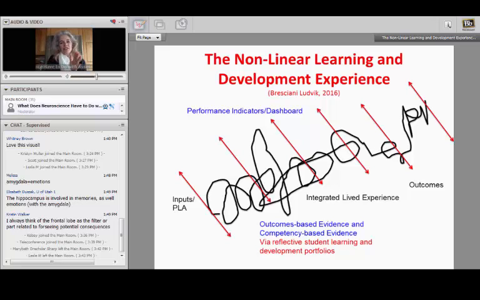So the idea of this is to put a framework, and I'm welcoming your questions and comments and ideas very soon. Basically the idea is to put a framework that learning and development are inextricably intertwined. We likely, in my lifetime, will still have a very linear way that we design these opportunities. Nonetheless, if we begin to embrace, acknowledge, affirm, and continue to tell the story that this is the learning and development experience of the students, when we reach in still with our performance indicators and our dashboards,